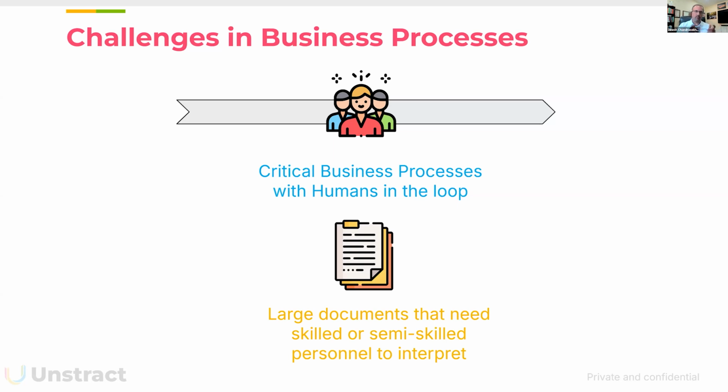Some of the scanned ones look tilted, they're badly scanned, they're in a different shape altogether. The forms don't look alike, the forms are mismatched, and they're in all different sequences and so forth. It makes it a really, really complex job for the person to actually look through it and do it, right? It's their job. I mean, they're able to do it, but if you were to automate it, it becomes even more of a hard job. So that's why there is a need for skilled or semi-skilled personnel to actually interpret the documents in order to do these business processes with humans in the loop.